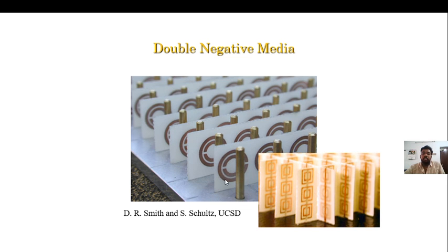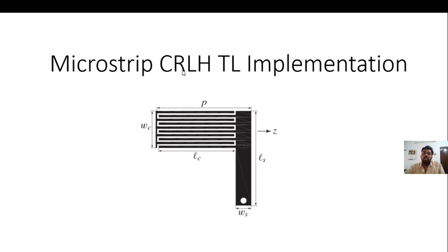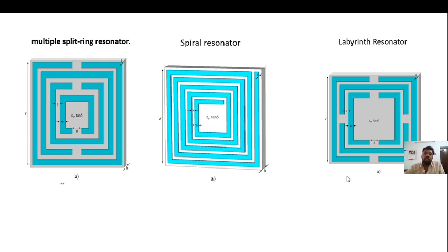So this is the MIC component. It is a microstrip CRLH implementation. Here this black part is going to act as the inductance, and the gap between these parts is going to act as a capacitance, an LC component. And various split ring resonators are available. The first one is the multiple split ring resonator, the second one is the spiral resonator, and the third one is the